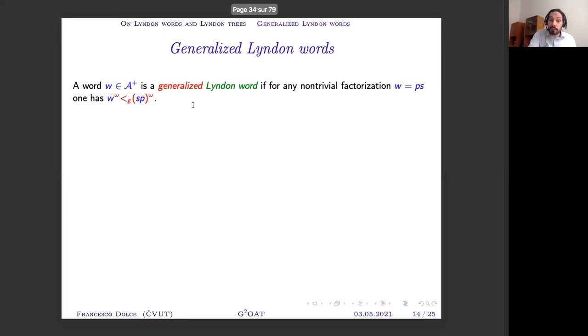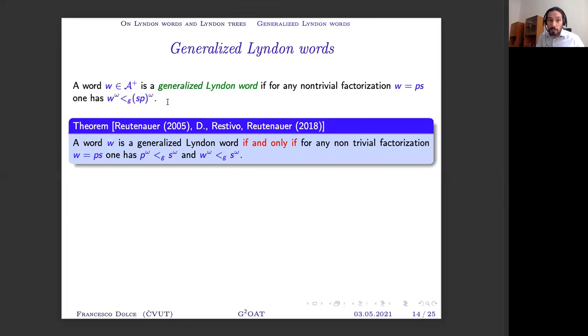Well, we define generalized Lyndon words if, for any factorization, we have w to the omega is more than s to the omega with respect to this infinite order. Now, we'll see why it's important to consider the infinite powers. But first of all, we proved with Antonio Restivo and Christophe Reutenauer, and actually completing a result by Christophe Reutenauer alone,